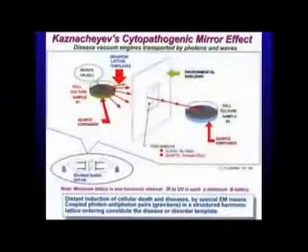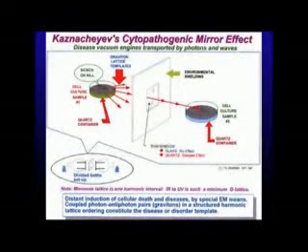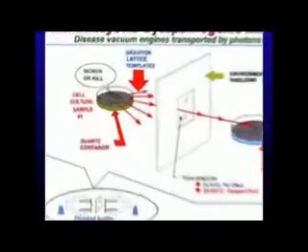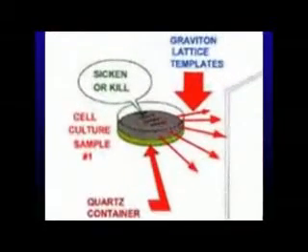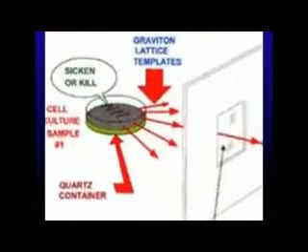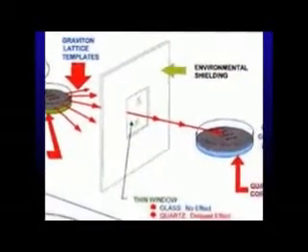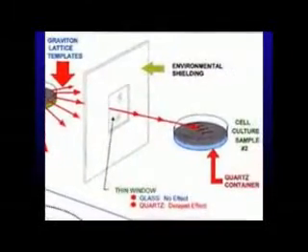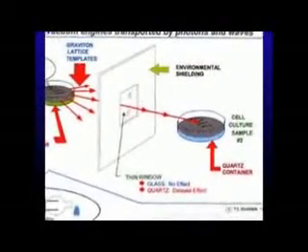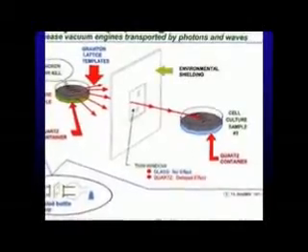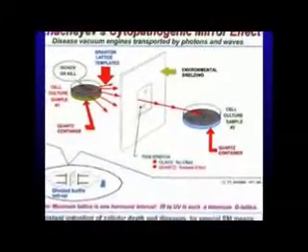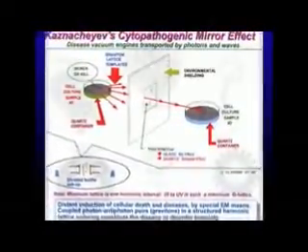It becomes true. Well, we already have plenty of experimental evidence, and I'm just going to show you one of them for now. This is Kaznacheev, a Russian scientist who passed a diseased cell culture through a shield here, which when it was glass, there was no effect. Of course, the other culture was just healthy tissue. But then when he passed through quartz, the quartz allowed the disease to be transmitted to the healthy cells here. So you have disease to healthy. Well, a virus, again, is a little tiny thing.